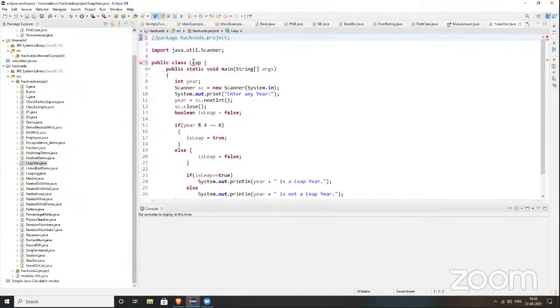Public class leap. It says rename file to leap.java or rename type to leap. Now remove this comment and run the code first.